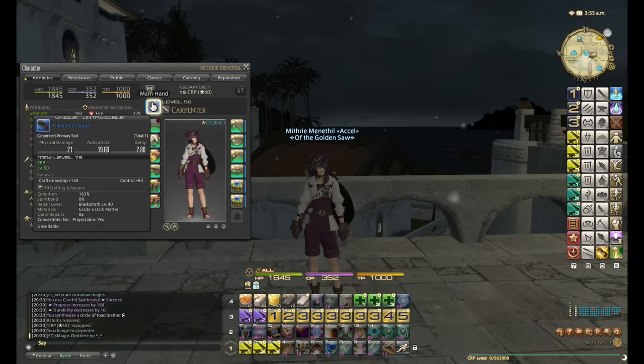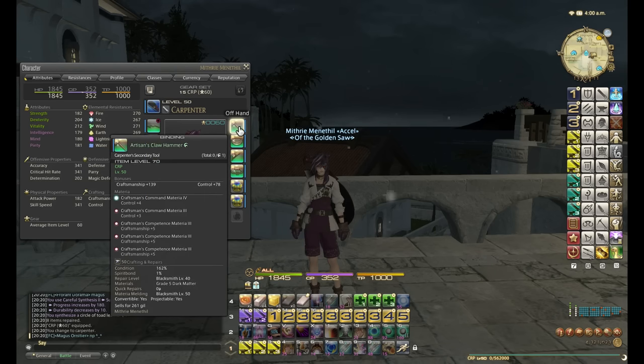I've done the equivalent, the same progress for Leather Worker as well, but I just wanted to run through it. So I've got the Supra tool, which is the most powerful crafting tool you can get of each craft. This is Supra one. I've got the Artisan offhand, and on here I've melded 7 control and 15 craftsmanship, which